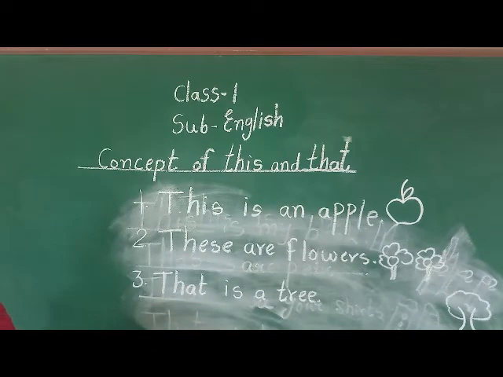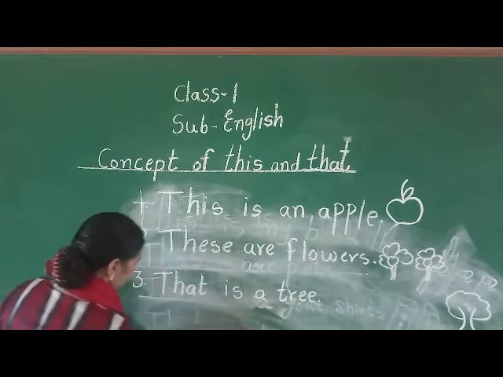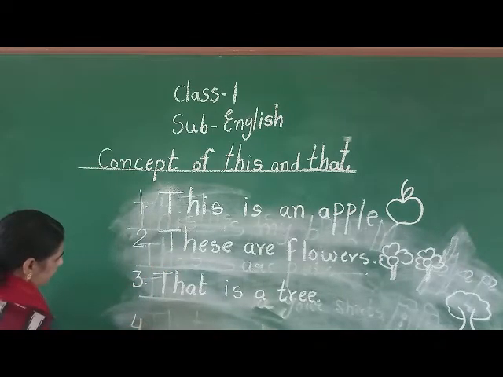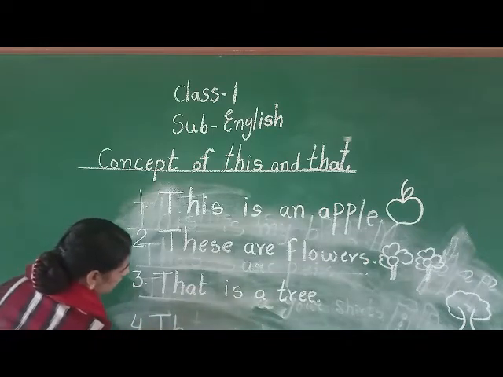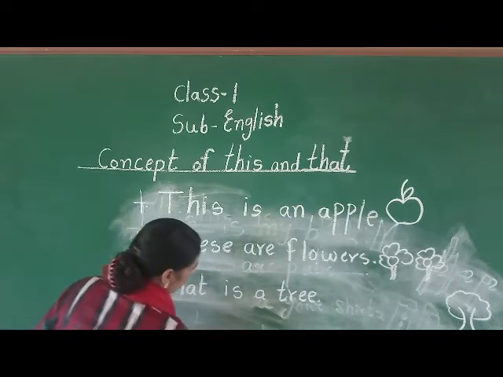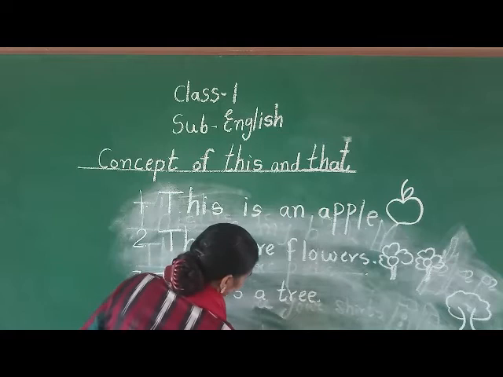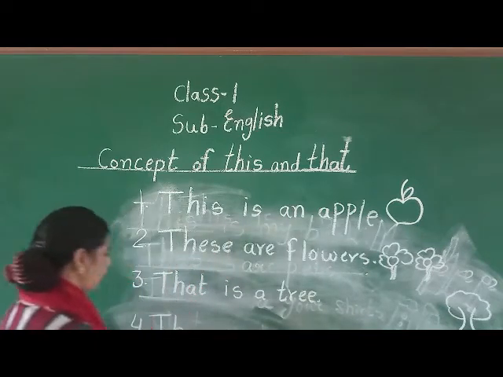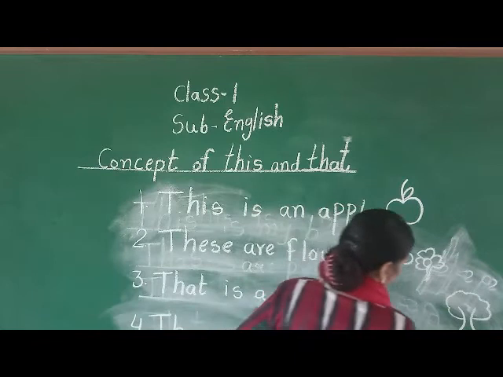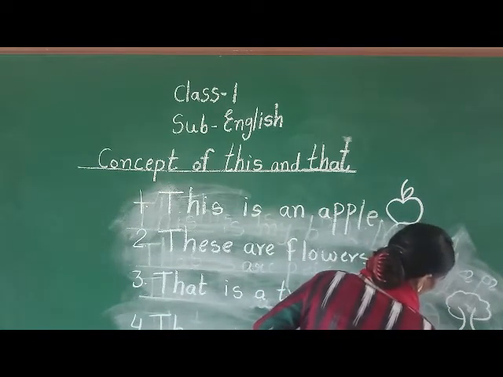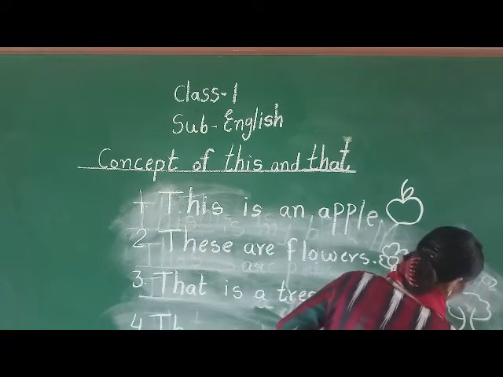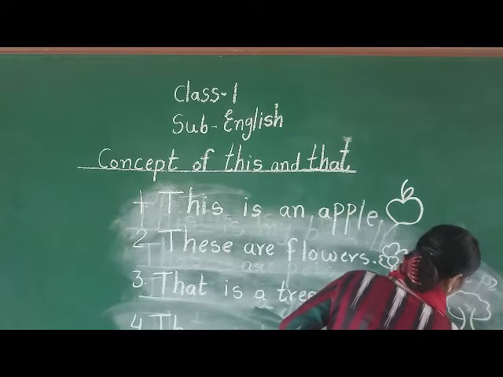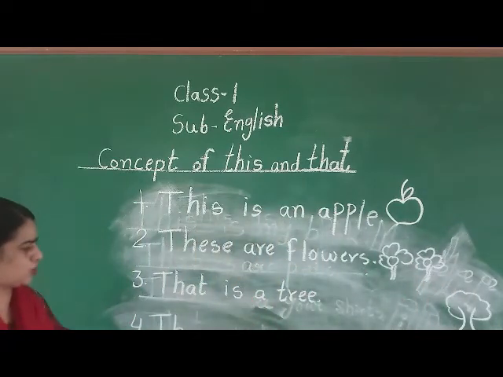Okay, now after that, those are pencils. On number 4, what is written here? Those are pencils. On number 4, those, T-H-O-S-E, those are, A-R-E, are pencils. Now here "those" is written. So here we are going to draw a picture of more than 1 pencil. It's up to you. If you want to draw 2, 3, 4, 5, it's up to you. I have drawn 3 pencils. So those are pencils.